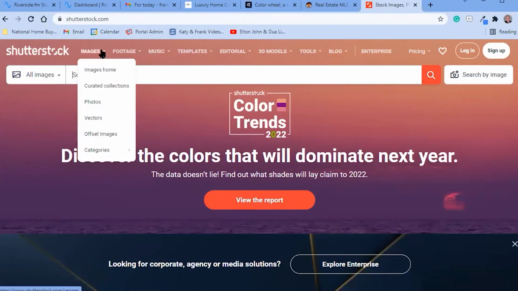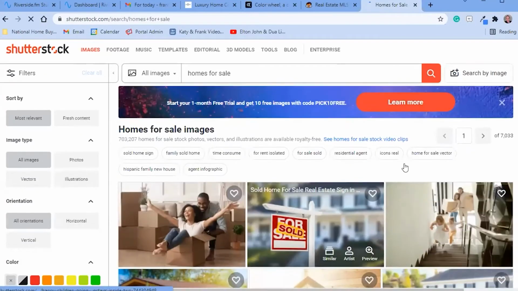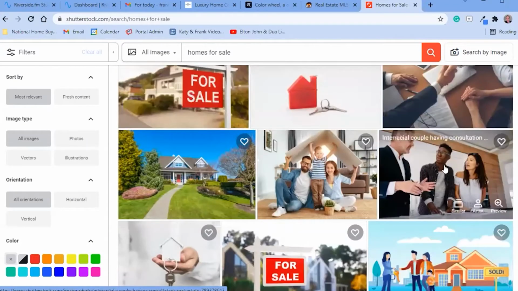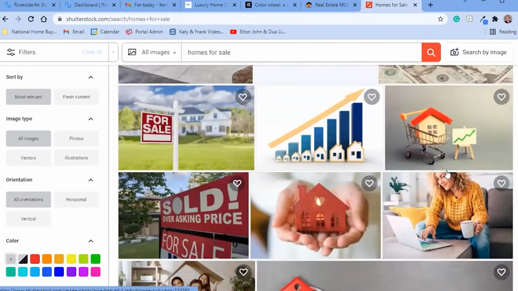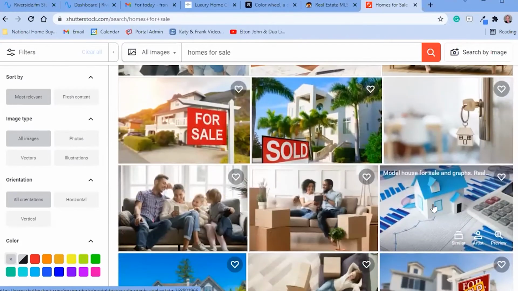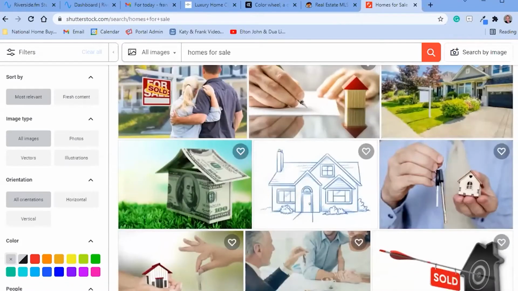Now, the third thing that we need are some photos. We probably need some pretty good photos of you. Now, I tell you, we can go to Shutterstock. We have an enterprise account here and I can click images and type in homes for sale. And here's all these images that I could use on your website, like a picture of somebody with their team. And here's all these images that I can use for your graphics. I do not like using these. They're very contrived and they're not very authentic. And the ones that do look really good are very expensive. But if we have to use graphics on your website, we can go to Shutterstock and pull images this way, using stock